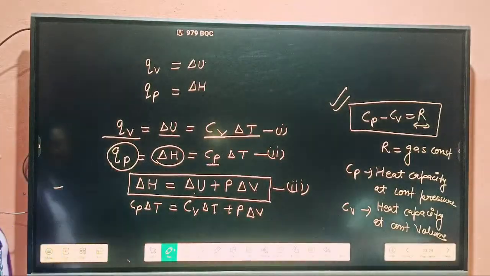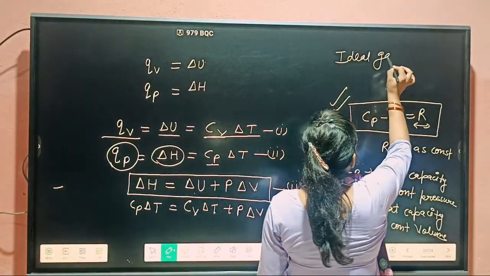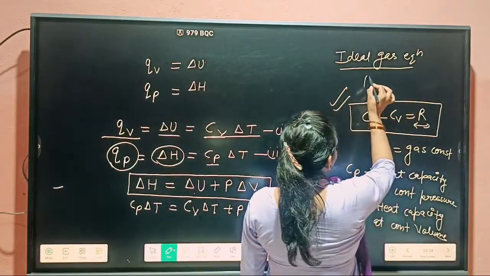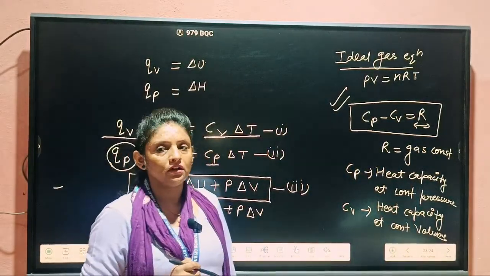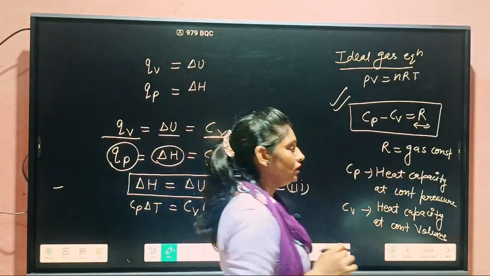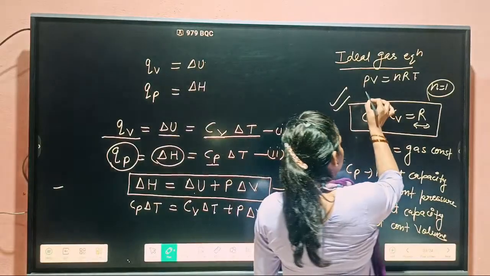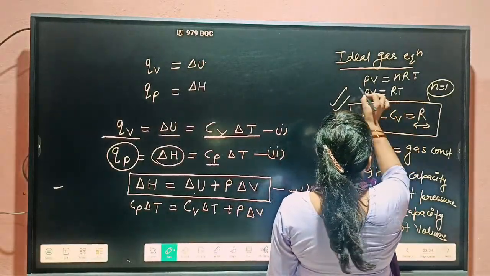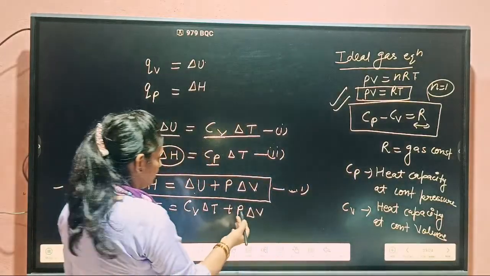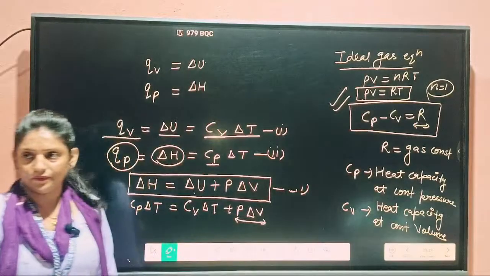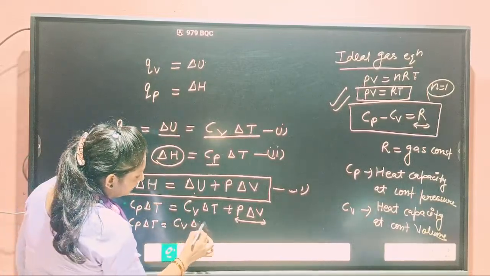Clear? Students, you know very well about the ideal gas equation. PV is equal to nRT. Here n is the number of moles. If n is equal to 1, because the number of moles may be 1 also, then I can write PV is equal to RT. Then students, you will write this relation here and put the value. Then CP del T is equal to CV del T plus